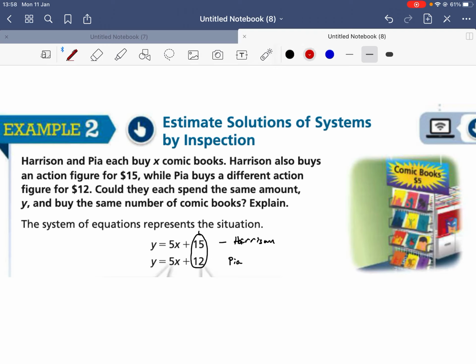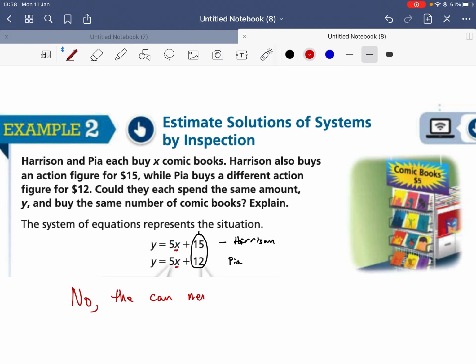They are buying the same number of comic books. So could they ever spend the same amount? No, they couldn't. They're buying two different values for the action figures, but then they're buying the same number of comic books, same value. So no,